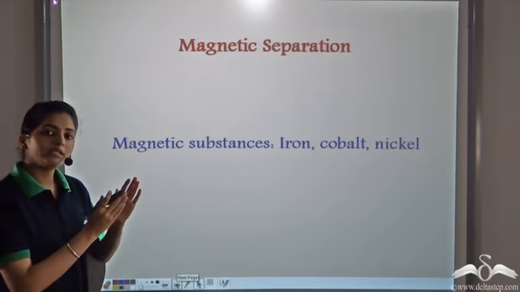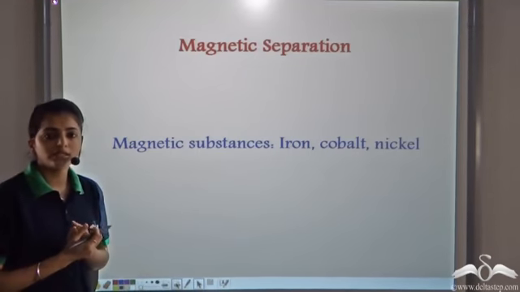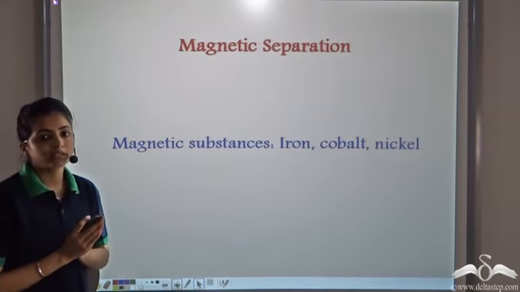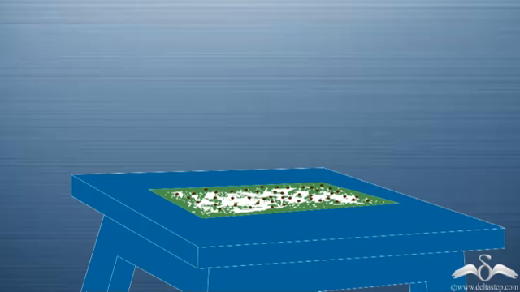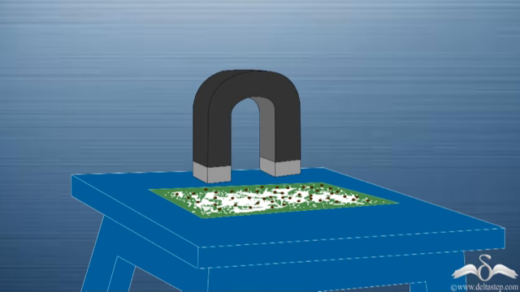And in order to separate these substances from any other substance, we use magnetic separation. How do we do this? Say you had accidentally dropped iron filings into the salt that you had. So you keep it on a paper and keep this arrangement on a table. Now bring any magnet. You can bring a horseshoe magnet or a bar magnet. All the iron filings stick to the magnet.